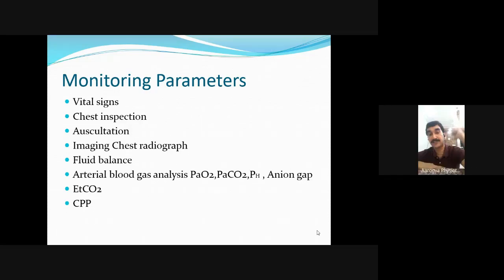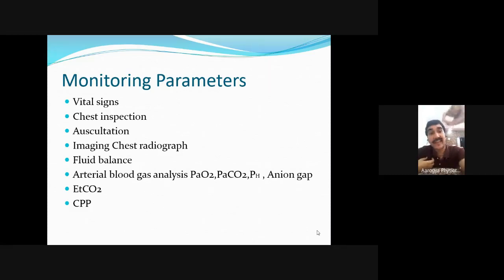So this is how you can confirm the respiratory status. Now you need to see the fluid balance also. You need to see the urine output, as I've said, in the renal consideration. Then coming to ABG, arterial blood gas analysis. They will tell you the partial pressure of oxygen and the partial pressure of carbon dioxide, the pH, the acidity of the blood. Anion gap is the relation between the cations and anions. It will give you an idea about the base as well as the acids of the body. So it's very important to check the ABG of the patient.